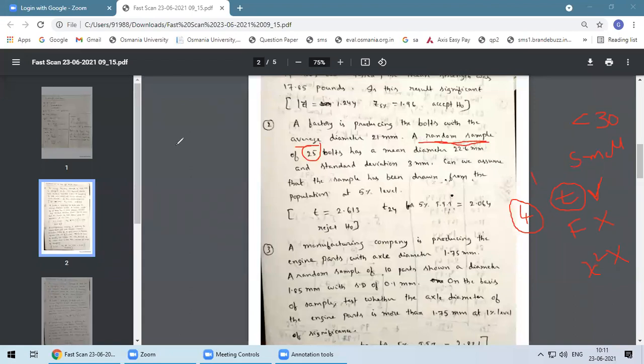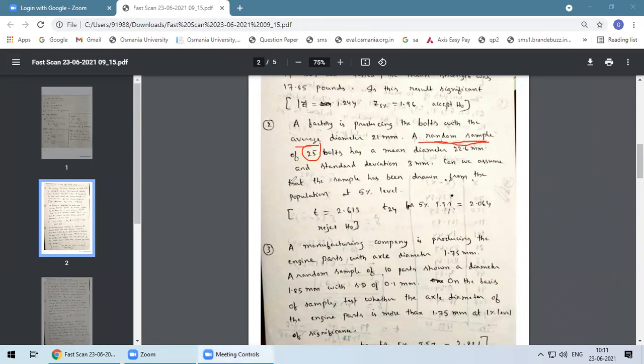So I hope it is clear. If it is a mean-based problem and a small sample test, only one test is there, that is the t-test. If a single sample is given, you apply the t-test for single mean. Only one sample is given here, so that is the reason I will apply only the t-test for single mean for this problem. Okay, write down the solution, all of you. Given that